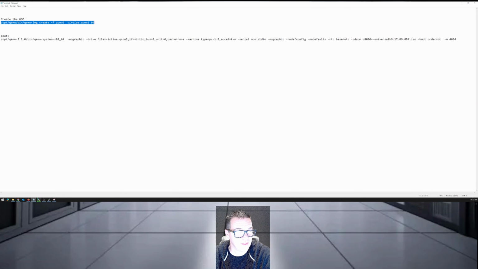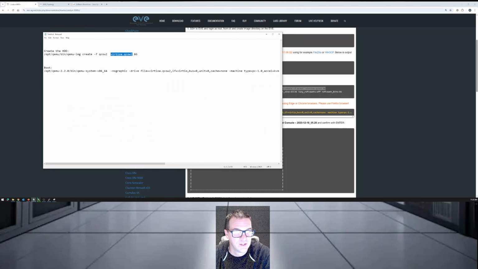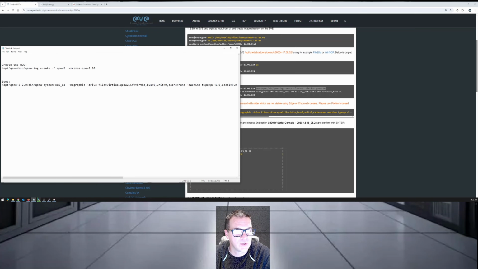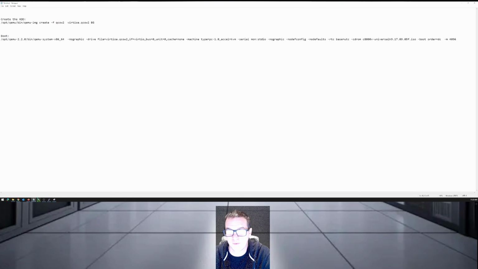We're going to run this command after that image is done. That'll create a qcow2 file in that directory, which we'll see. And then once the qcow2 file is in the directory, you actually boot from the hard drive inside of your